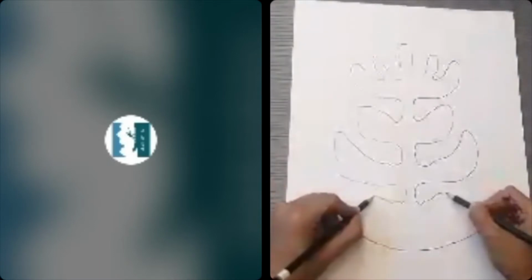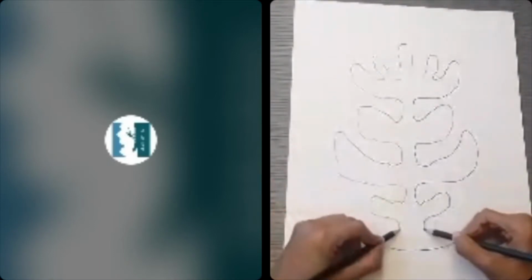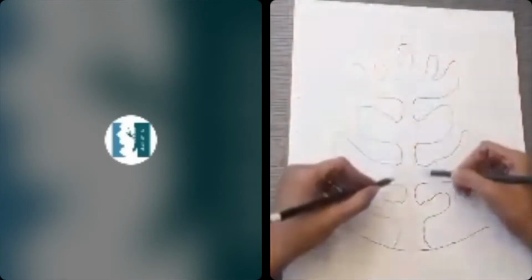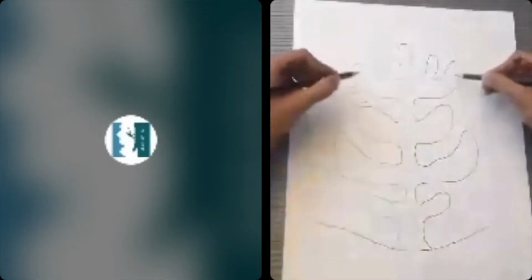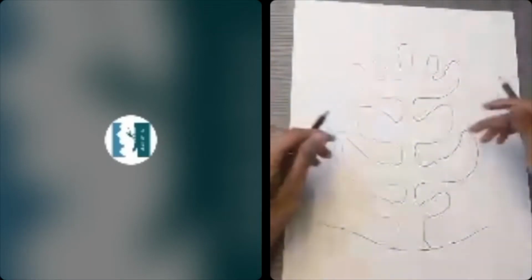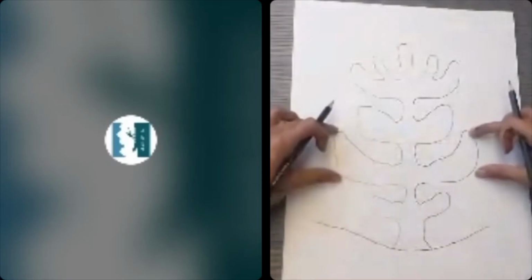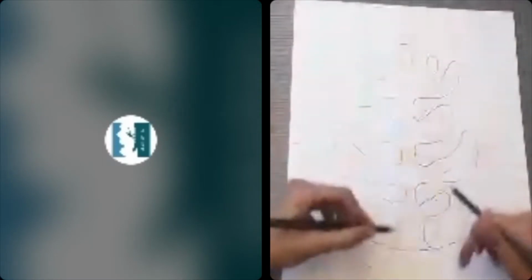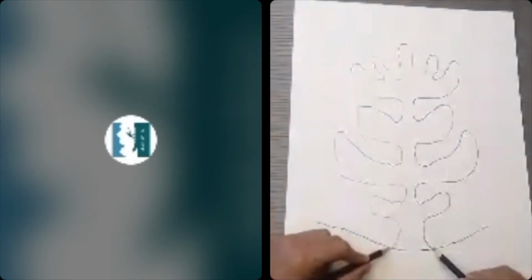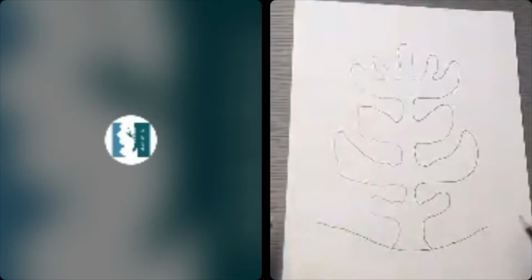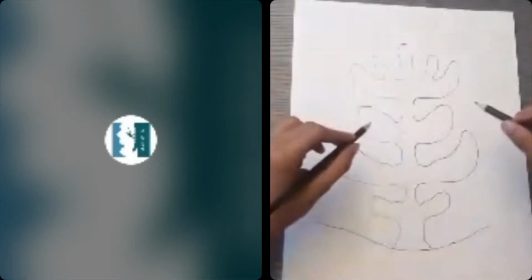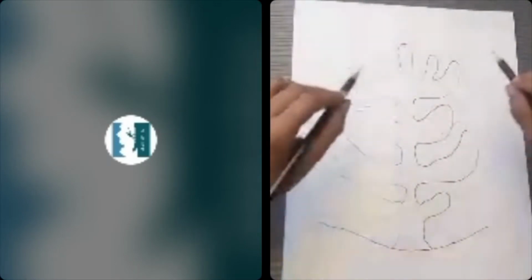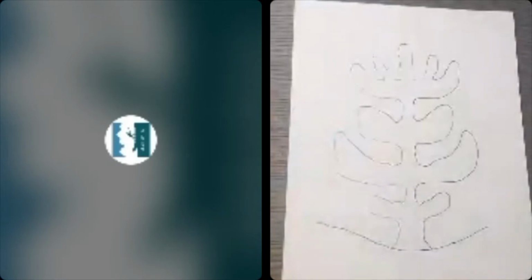Okay, can you see I'm just following along all the way to the bottom, taking it outwards and inwards, making coral branches that are shorter, some that are longer, some that are curved upwards, and I've gone all the way down to the bottom, touching this baseline. Okay, so this is our first step. Our hands might be a little shaky, that is only natural, but please do your best. I have a few options for this as well.